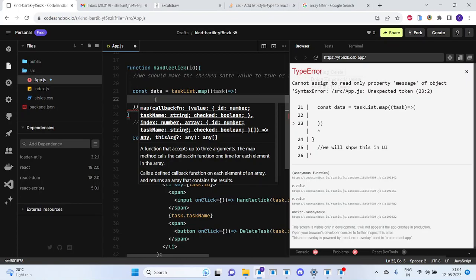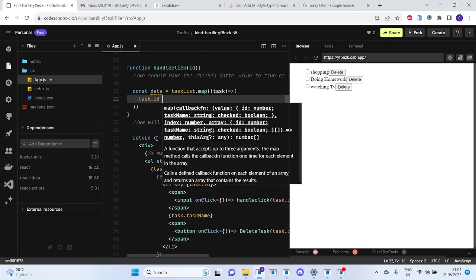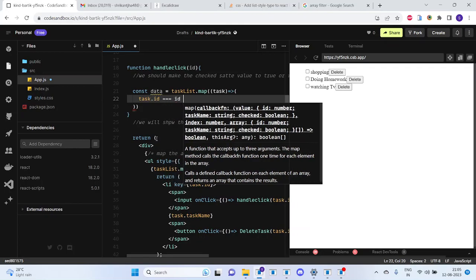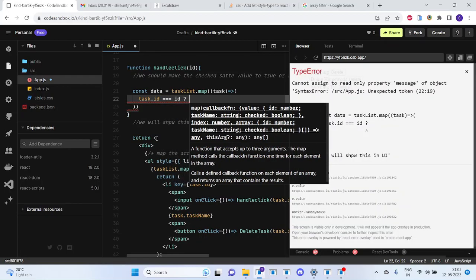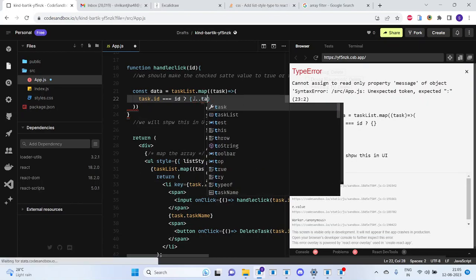For taskList.map, for every task, what we are going to check is task.id equal to the id which we are passing. If it is true, we are going to just